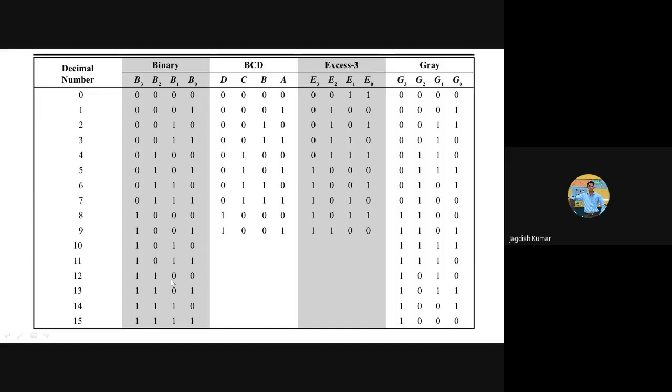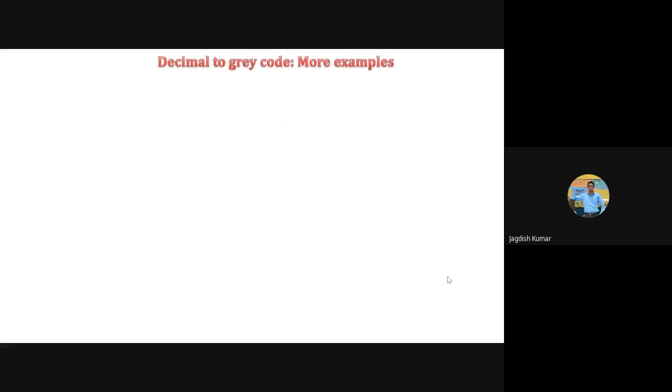You proceed with this. What we should be doing is writing down the most significant bit as such, so 1 as such. Then add this to this one, so 1 plus 1 is 0, carry to be discarded, so 1 0. Then add this one to the next 0, right? That will give us 1, and then 0 plus 0 is 0. So that's the gray code equivalent of this given binary number, that is 12. Okay, now let's try one more example to make things more clear.